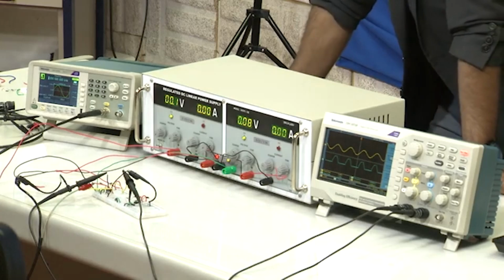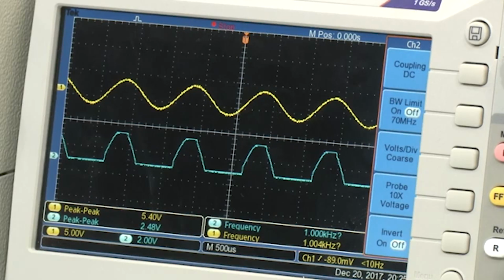Right. So, if you focus on the oscilloscope, you will be able to see your input in yellow color, which is the signal, 5 volts, and the output is half rectified. You can see the peak to peak voltage now is half of what we have applied. That means this particular circuit is rectifying half of my signal